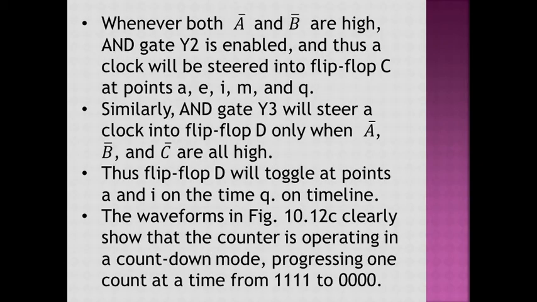Whenever both A bar and B bar are high, that means A and B are low, AND gate Y2 is enabled and thus the clock will be steered into flip-flop C at points A, E, I, M and Q. Similarly, AND gate Y3 will steer the clock into flip-flop D only when A bar, B bar and C bar are all high. That means A, B and C are low. Then and only then will the clock steer to flip-flop D. Thus, flip-flop D will toggle at points A and I